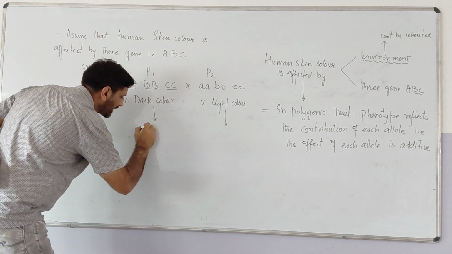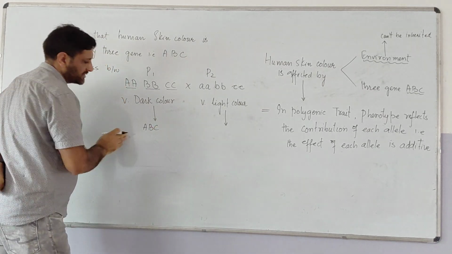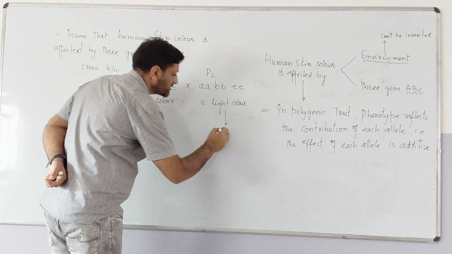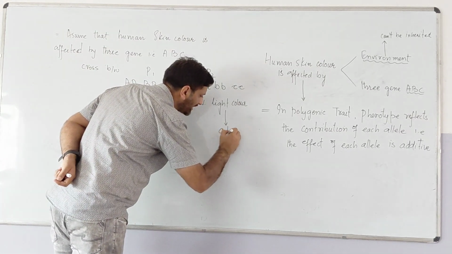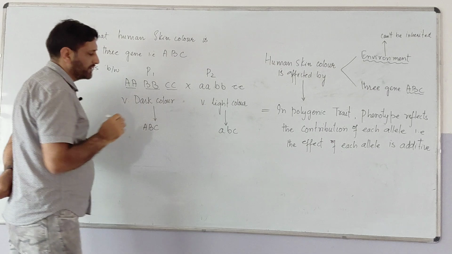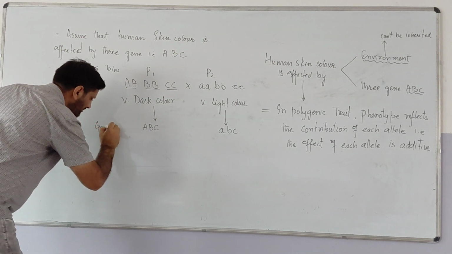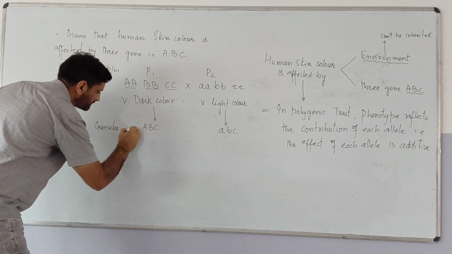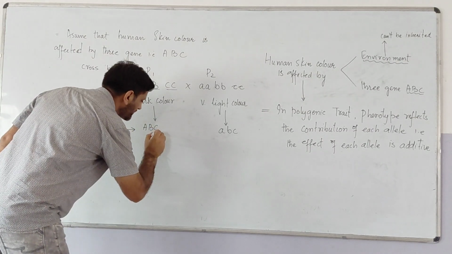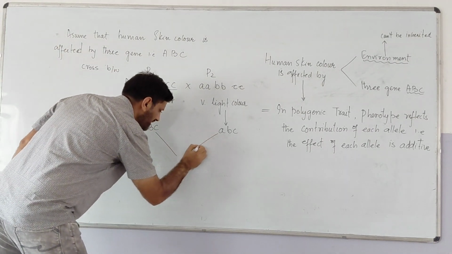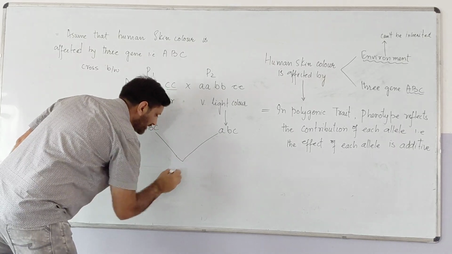That will be capital A, capital B, capital C; this will be the gamete. And here similarly, this will be small a, small b, and small c. This will be the gamete. These are gametes. In these gametes, when there is a fertilization, or we can say the hybridization, then you will